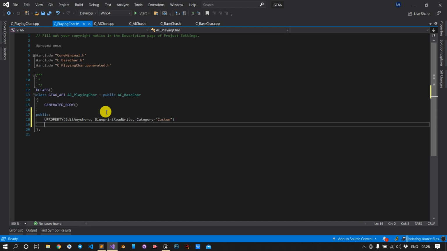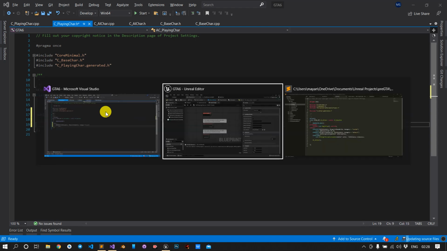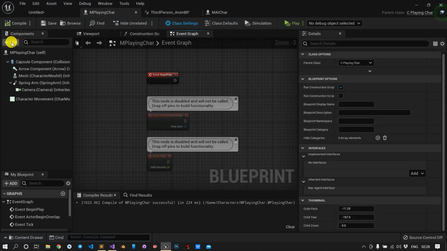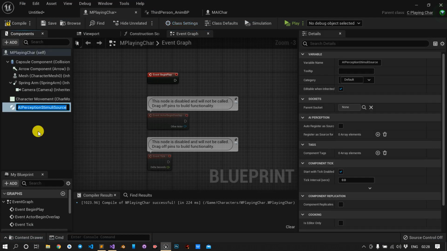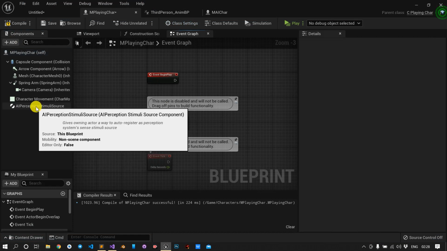Now first thing, I want to use the AI perception component. If I go here, AI perception stimuli source. Just hover over it and you can read that it is the AI perception stimuli source, and it is a component.